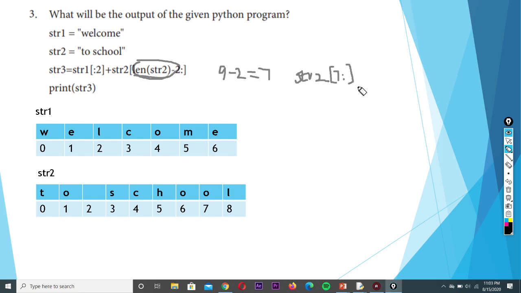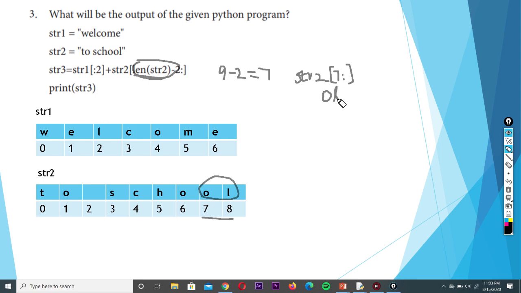If the ending index is missing, it means we have to consider the entire string, starting from index 7 till the end of the string. So str2 from index 7 to the end is the characters O and L, so this value will become OL.